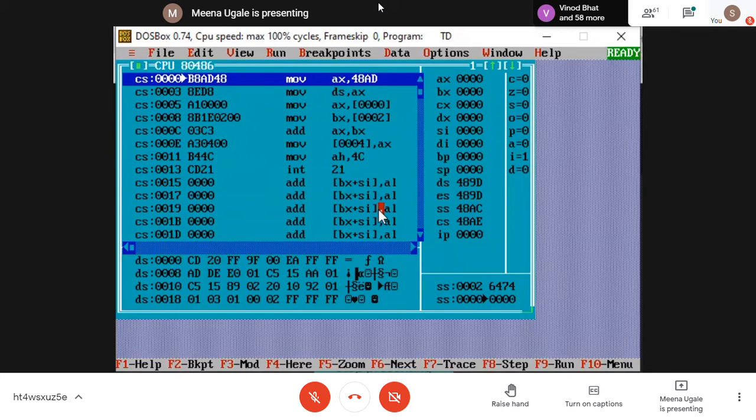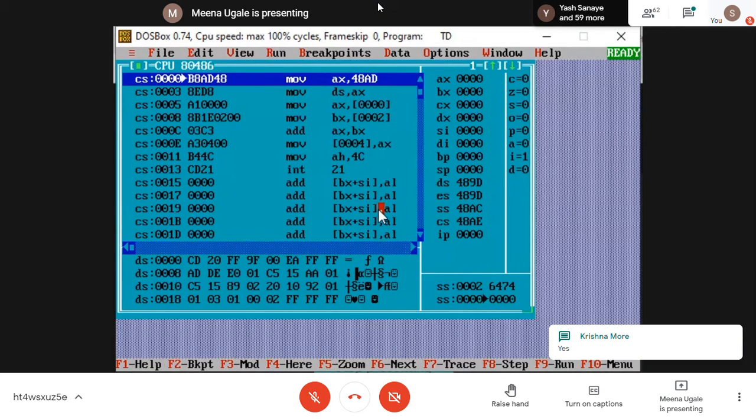Now there will be a slight change in the interpretation of the program. Once you come to this screen, wait, I will tell you how to check your data segment. Everybody with me? Got this screen? Okay.